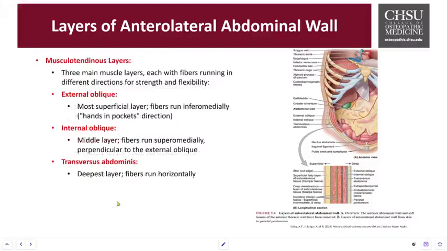The musculotendinous layers. The abdominal wall gains its remarkable strength from the crisscross arrangement of the muscle fibers. The external oblique fibers run inferomedially, which is referred to as the hands-in-pockets alignment. The internal oblique is the middle layer, with the fibers running superomedially, perpendicular to the external layer. And we also have the transversus abdominis, the deepest layer, with fibers running horizontally. This arrangement provides torsional strength and resistance against high intra-abdominal pressures. This is why clinically, athletes can often suffer sports hernias or strains in these layers due to high-force